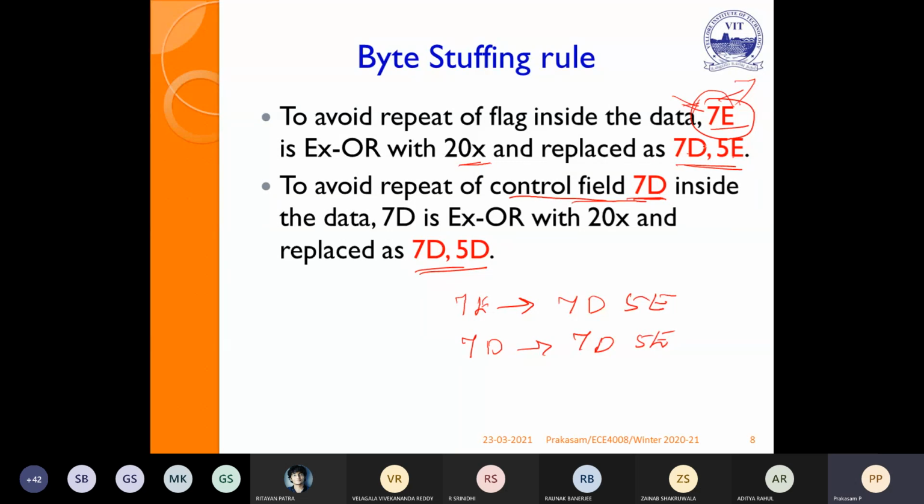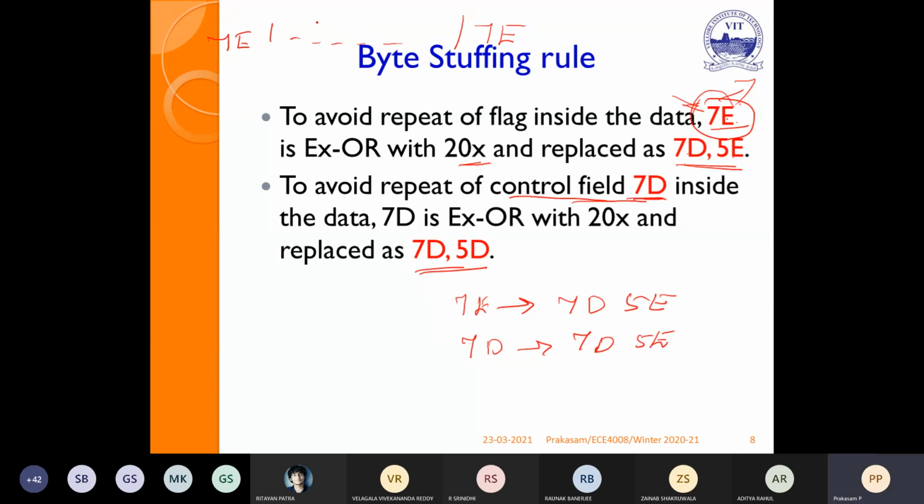To avoid confusion about whether 7E is a flag byte or information, we go for stuffing of 7E, which is replaced with 75. We have a continuous number of bytes, and 7E is added as a boundary, framing at the starting as well as the ending.